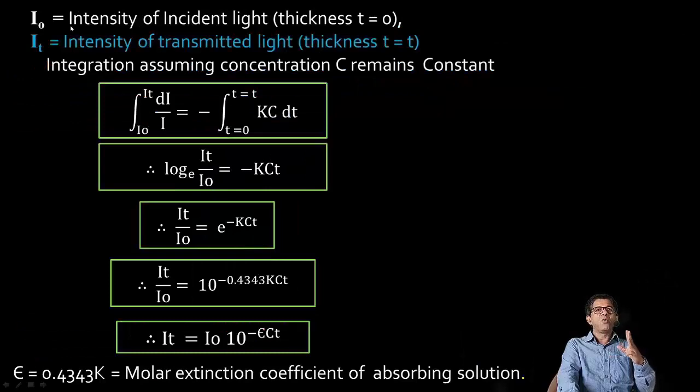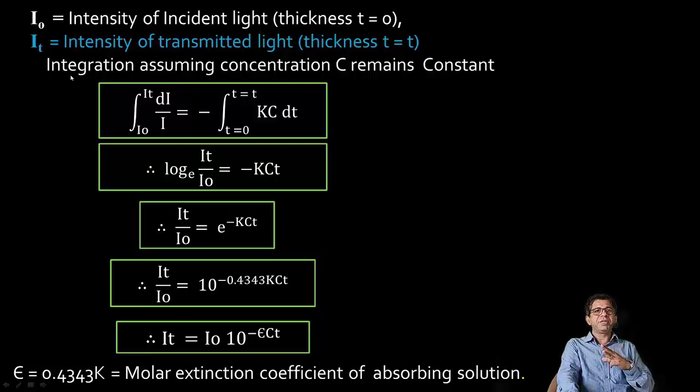If I0 is the intensity of light before entering the absorbing solution, that is when t is equal to 0, and the intensity of light IT after passing through the thickness t of the solution, then on integrating the above equation